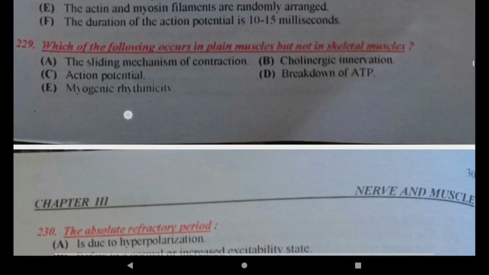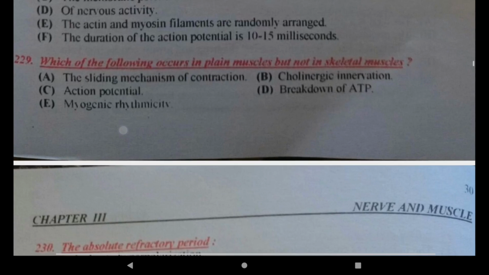Let us go ahead and look at number 229. Which of the following occurs in smooth muscles but not in skeletal muscles? A, sliding mechanism of contraction. B, cholinergic innervation. C, myogenic action potential. D, breakdown of ATP. E, myogenic rhythmicity. From our previous question, we have seen that smooth muscles exhibit myogenic rhythmicity